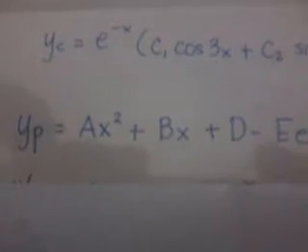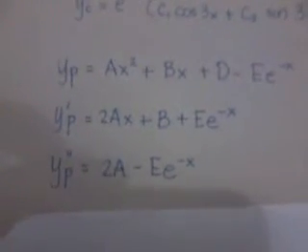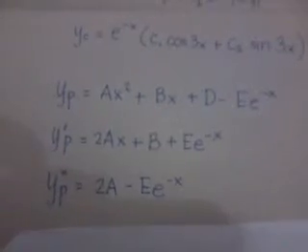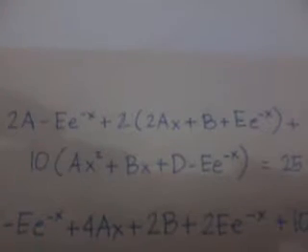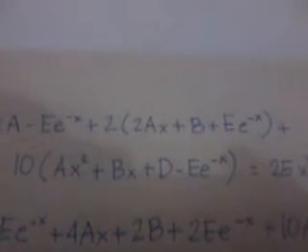From the right hand side of the equation, since we have here 25x squared minus 3e to the negative x, we have the form of the y particular to be ax squared plus bx plus d minus e raised to the power of negative x. And we get the first derivative of that and the second derivative, and we plug in the values from the original equation, giving us 2a minus e to the negative x plus